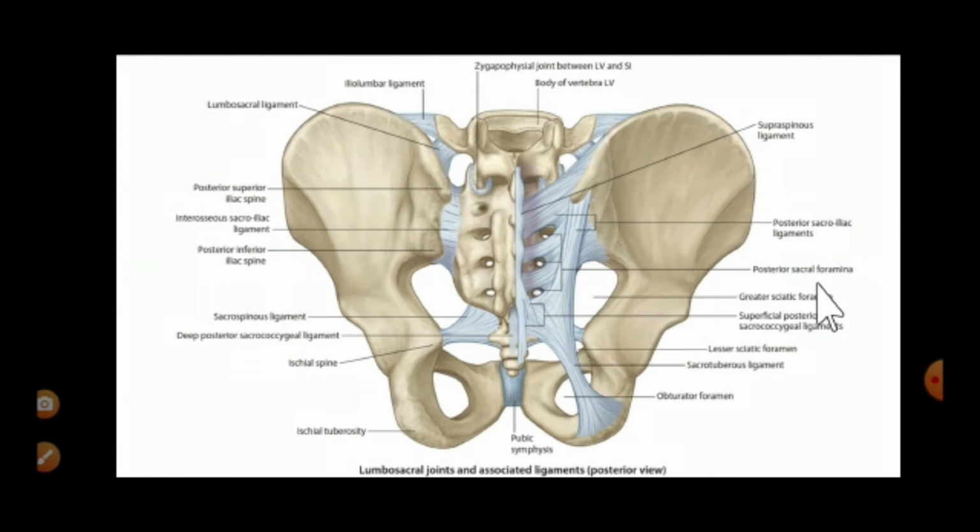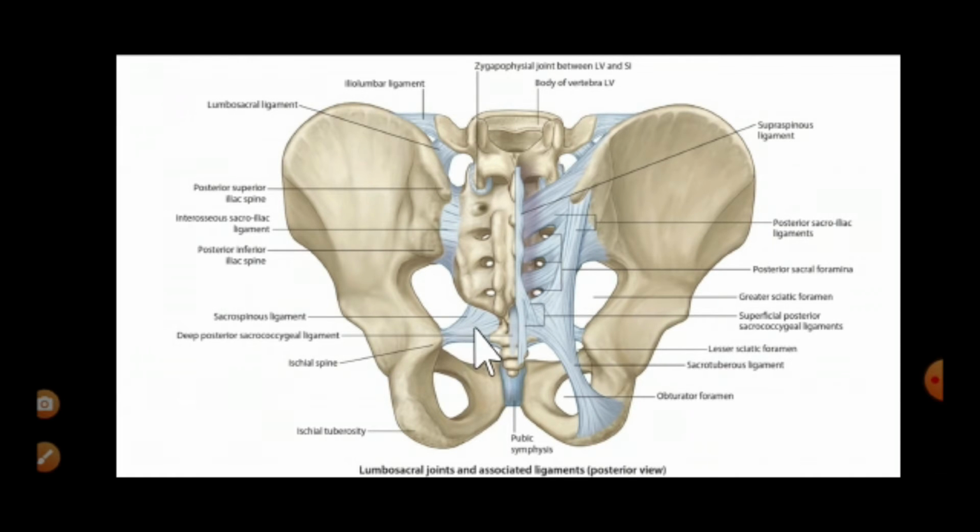Now, here we can see a few ligaments. In this part, we can see ligaments extending from the ilium to the sacrum. We call those the sacroiliac ligaments. It's present posteriorly, so we call that the posterior sacroiliac ligament. Now another ligament here, a big ligament, which you can see, is the sacrotuberous ligament. We'll discuss the details of this later on. For the time being, just see this ligament here, and this is the sacrotuberous ligament.